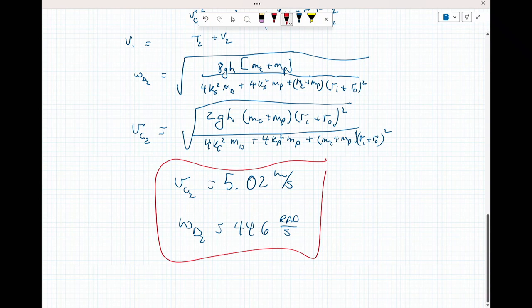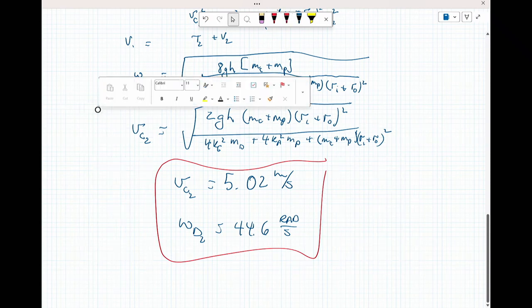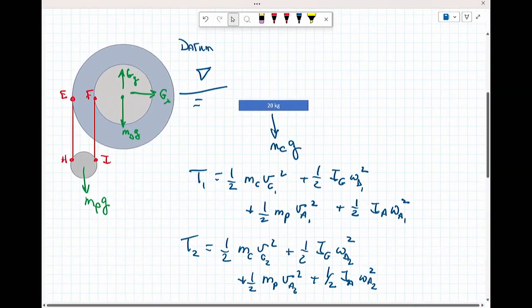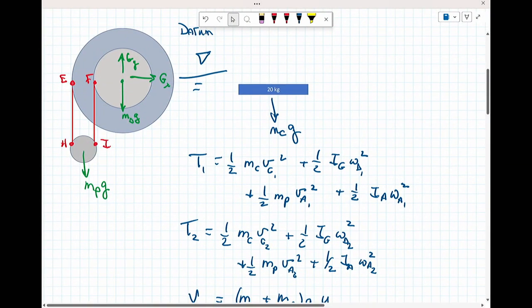This is a complex geometry. There's a lot of things happening, but it's actually quite remarkable that you're able to solve all of it with relatively simple analysis. And when I say relatively simple analysis, this right here, the fact that you're able to just use the free body diagram, recognize, using the relative velocity equations, how to relate the velocity of the larger pulley to the smaller pulley, and then extract out